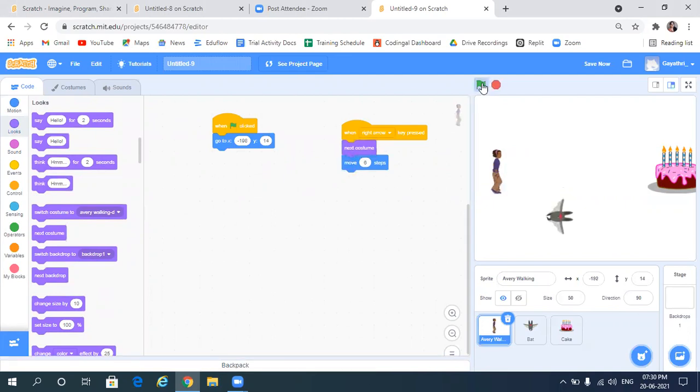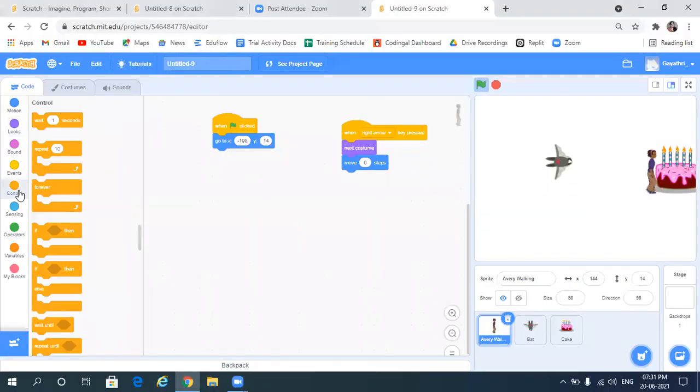Now when she moves, it will feel like she's walking. Now go to control, select forever block, place it here. So forever, the program will execute again and again until she reaches the cake, right? So for that, we use the forever block here.